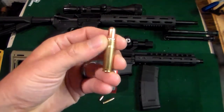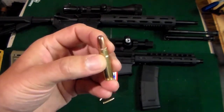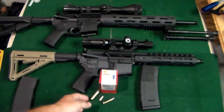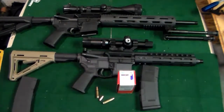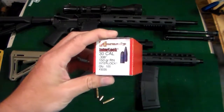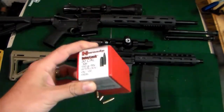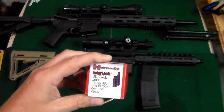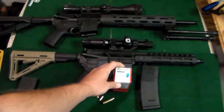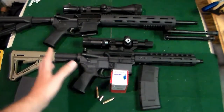But these bullets do seem like the longer you load them, you get a little bit better velocity out of them. I'm not sure about the accuracy, but anyways, I'm going to wrap this up. So if you're buying these for 300 Blackout specifically, I wouldn't really recommend it. But if you got some of these laying around or you want to give them a try, the only thing that I found that'll work, and it doesn't matter how long you load them or what you load them with,